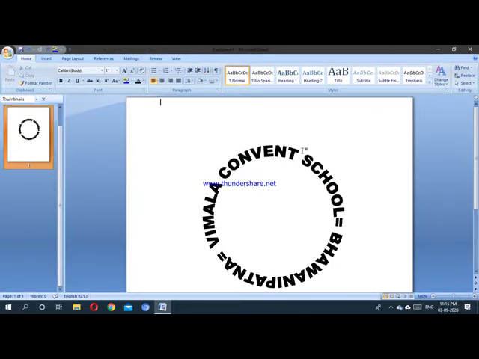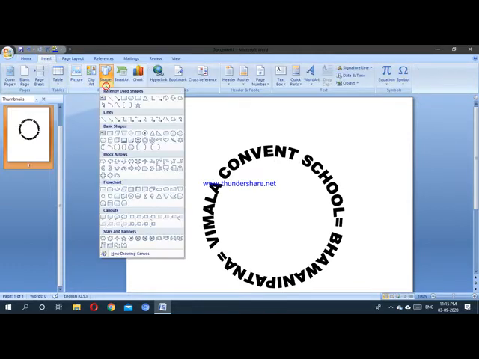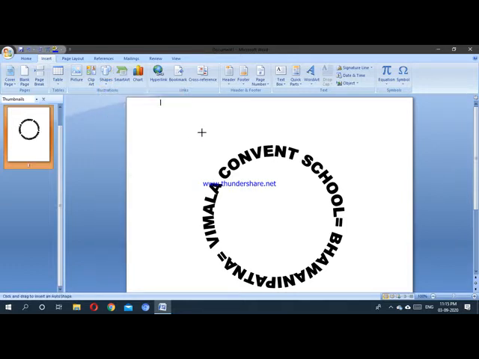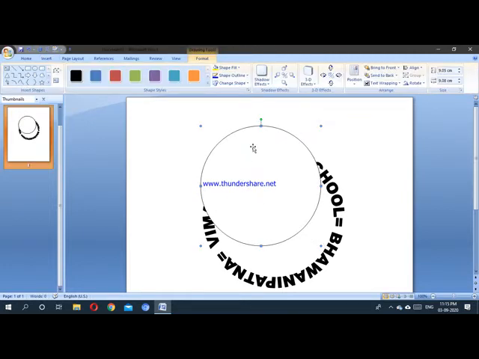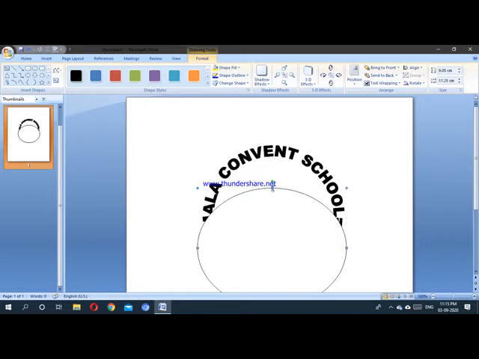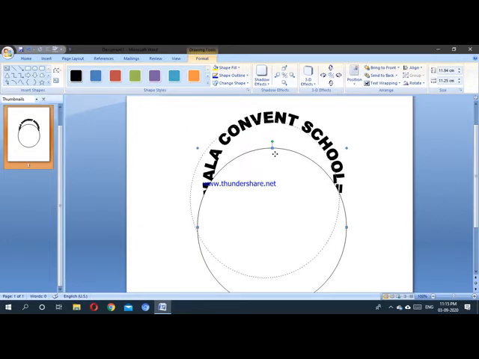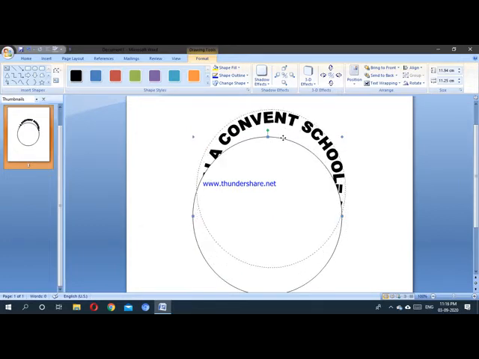Okay. Then click on Insert and go to Shape. In here you see that some circle is there. Have you seen Oval written there? Click on it and drag it, holding down the left mouse button and making a circle. I'm making a circle. Make it a proper circle. It is becoming one. Then keep your text over this.